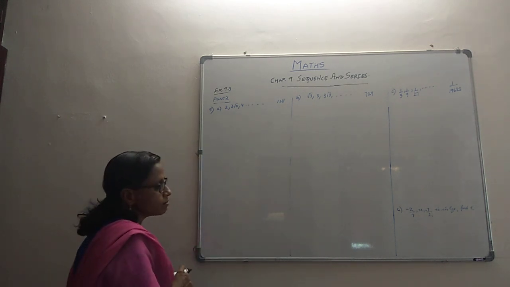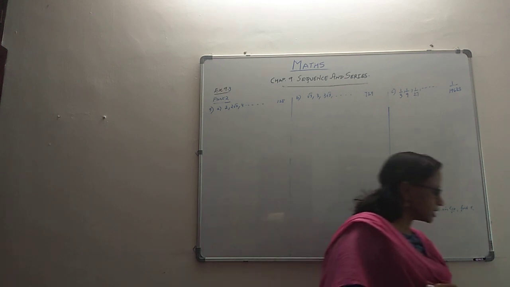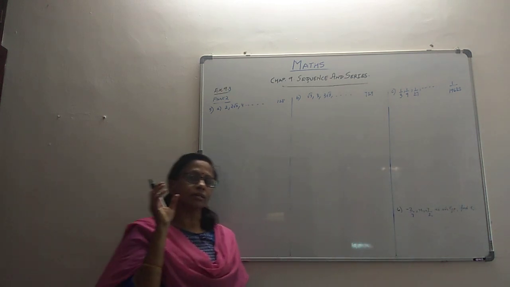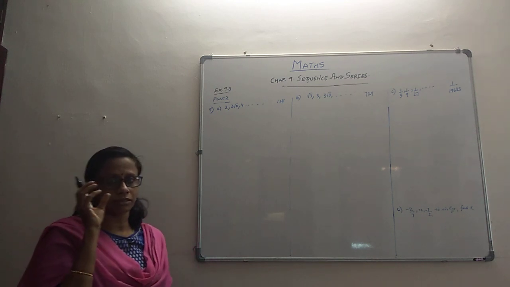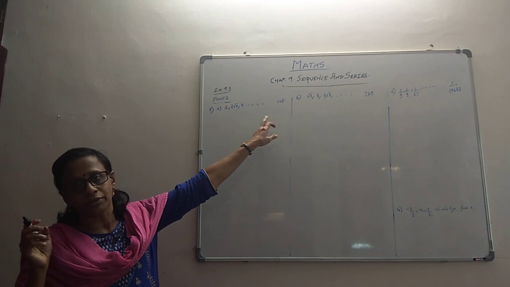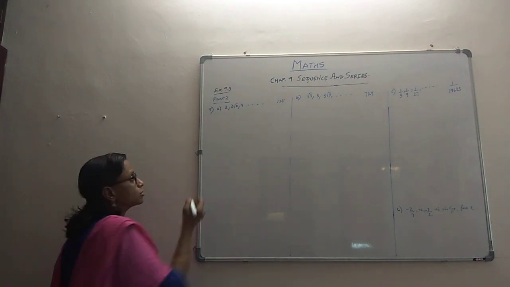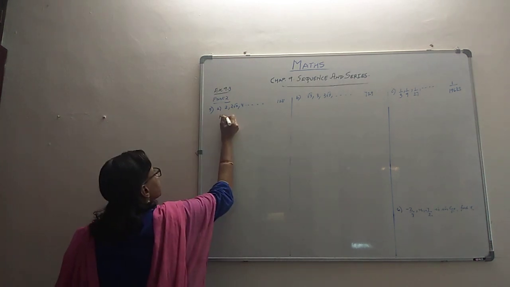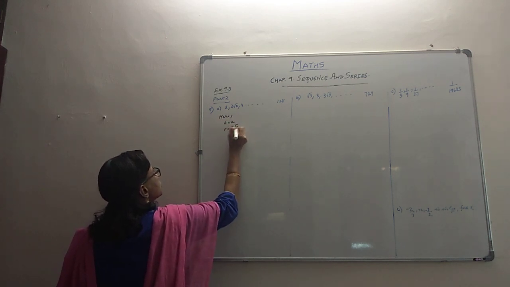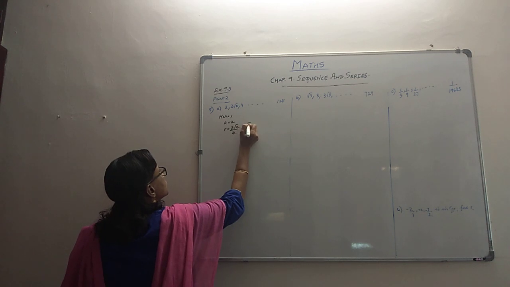In this question number 5, they give us the GP and they give us a certain term. And then they say, find the term number. Which term could it be? N. That's what they say. So they say that a certain term is 128. Find out. That's how the question goes. So here we have A as 2. How about R? It is 2 root 2 by 2, which is root 2.